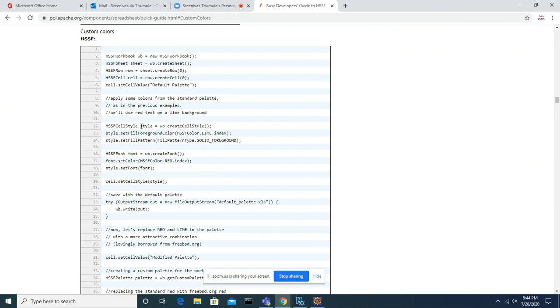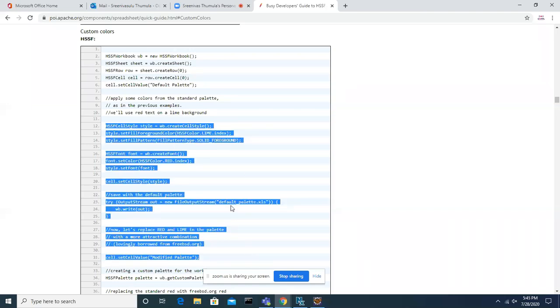Like, if you want to make a style, set fill foreground color. So they give the colors also as predefined constants. So you can use it like this.